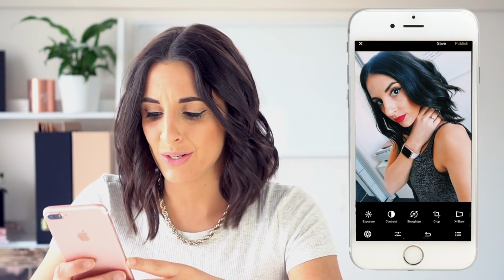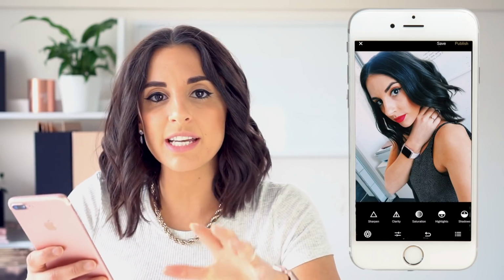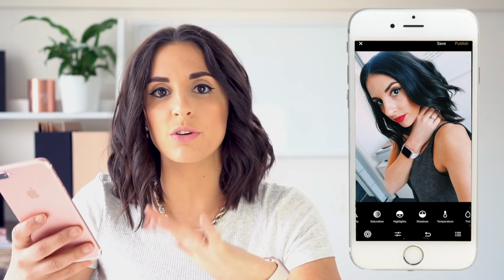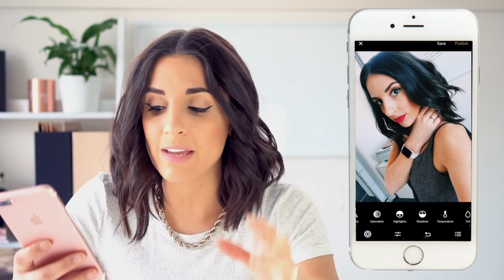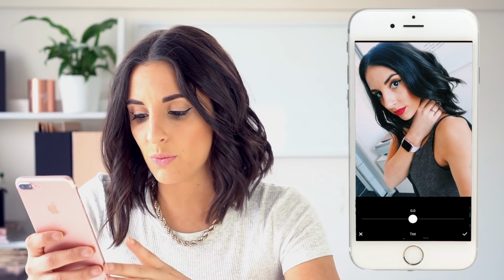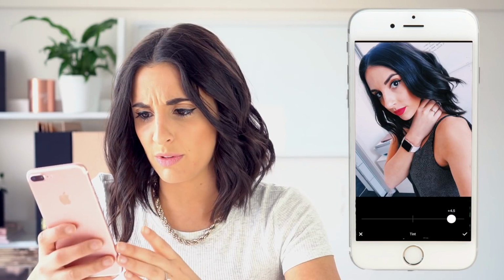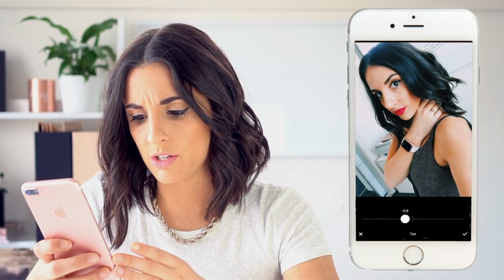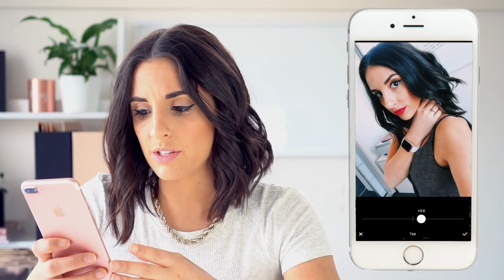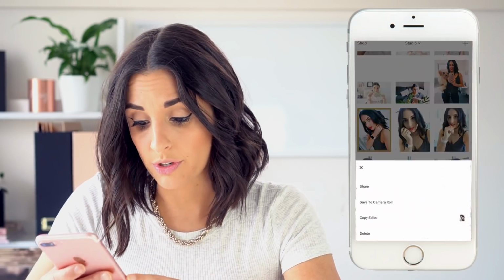I obviously don't want to make myself look orange. Maybe I do. I don't know. I'd rather be orange than white. Let's put it that way. And then because I do have that kind of pinky undertone to my entire Instagram feed, sometimes the way that I achieve that is by turning the tint down. So with the tint, you can either see if I go right up with the tint, it'll go really red, or down it goes really orange. So, sorry, I said I go down. I actually go slightly up. So now, for selfies, sometimes what I do